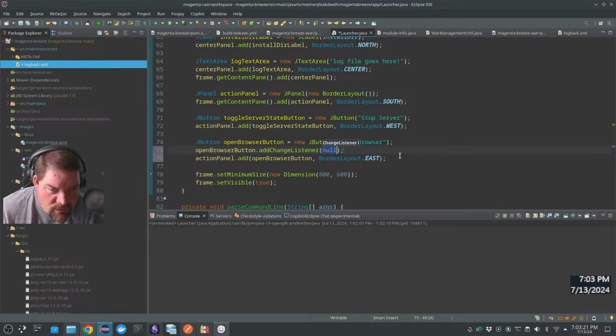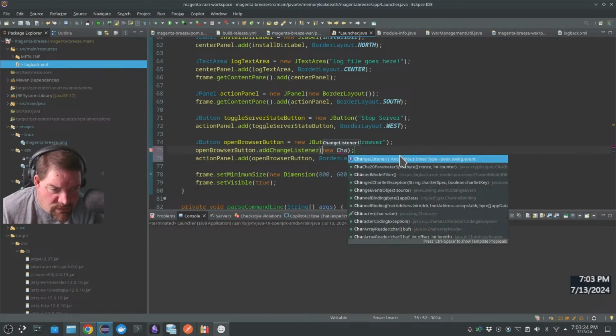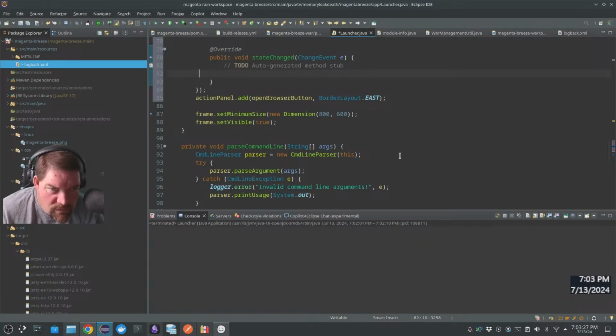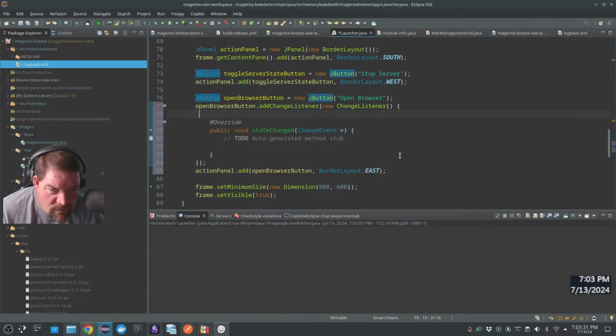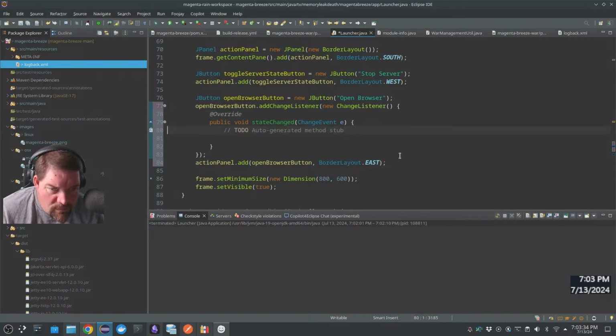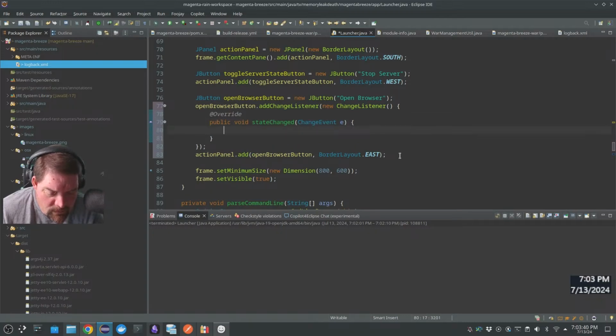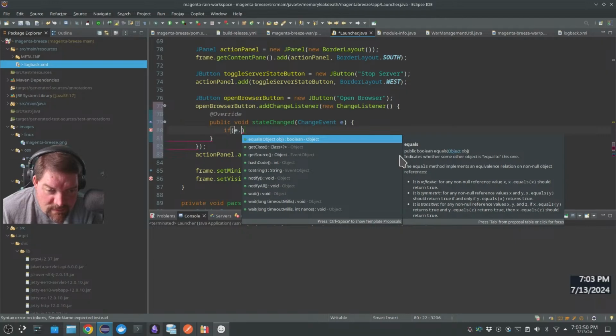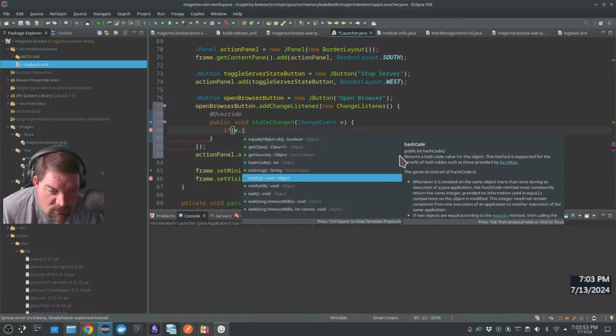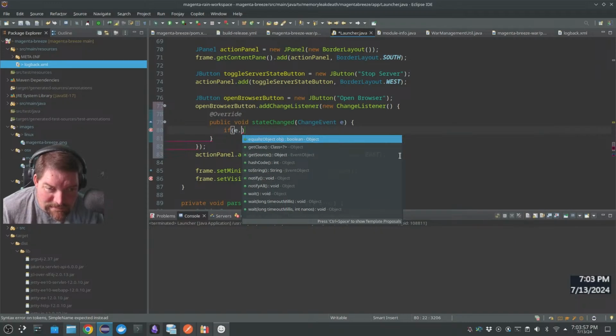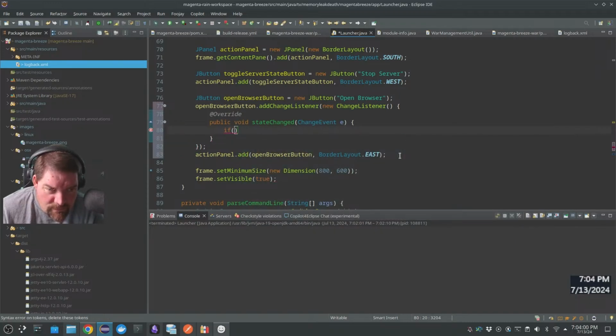So new change listener. So I guess if e dot, if change, if e instance of